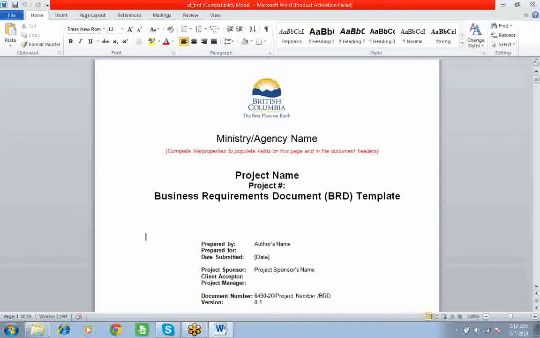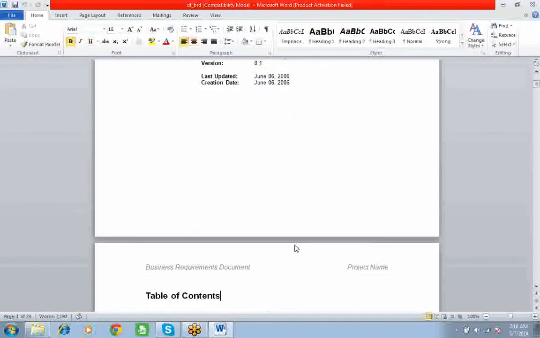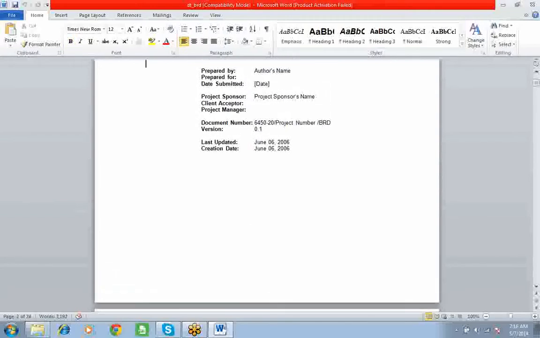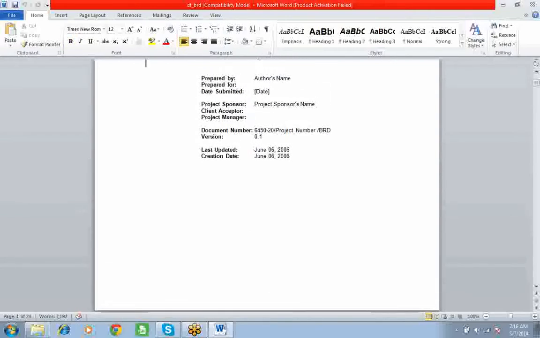So let's see here. It's a British Columbia project. Project name you have to write here, and let's scroll down. Just a second. You can see prepared by. You write your name because you are going to put the data inside this, right? Author, you are the author here. Prepared for whom are you preparing? For technical people, for clients, right? For both of them, you just mention their details here. Date submitted, when you submit this document.